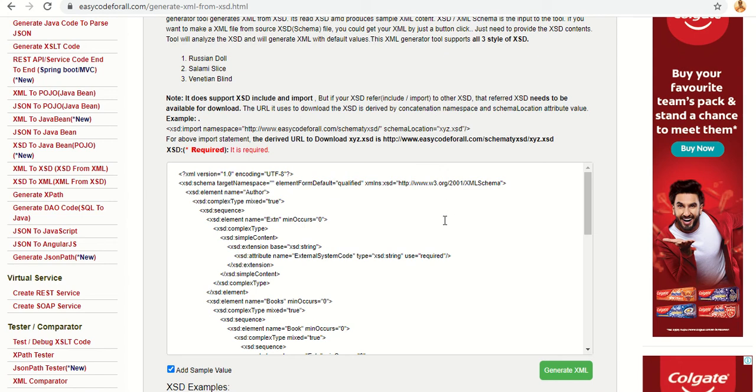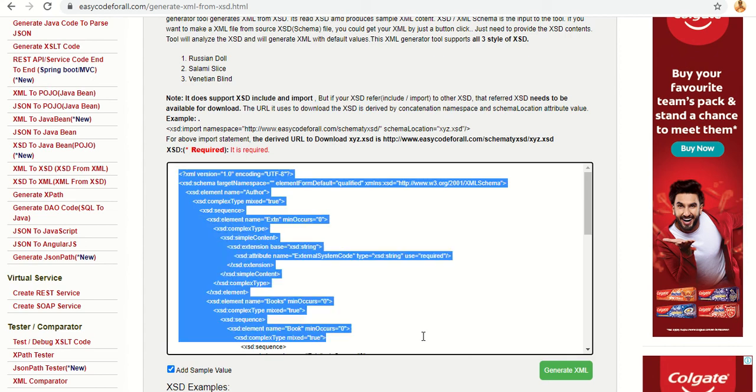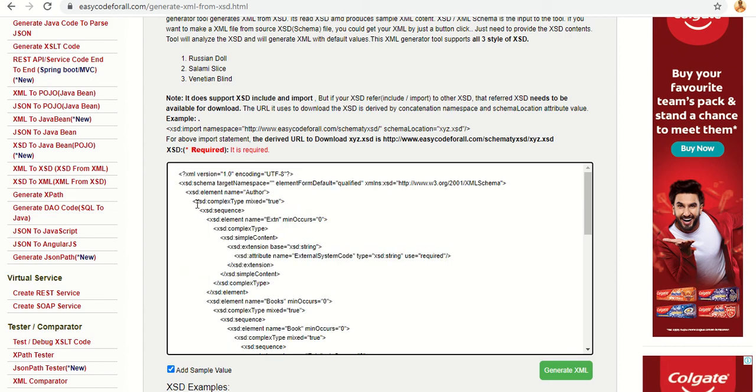So when you are giving an XSD to generate an XML and that XSD imports other XSD, that XSD needs to be available for download, and the URL which is used to download the XSD is most important.